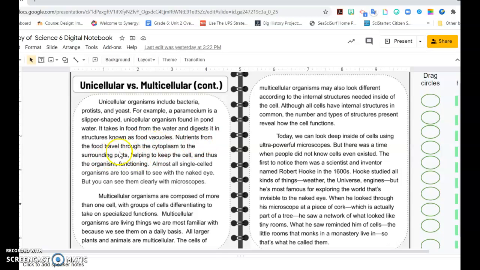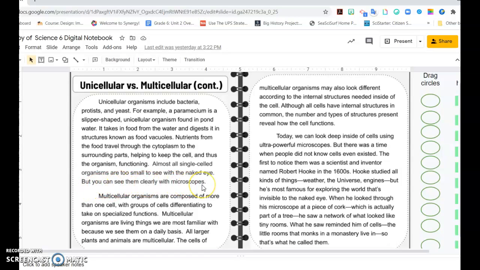Nutrients from the food travel through the cytoplasm to the surrounding parts, helping to keep the cell and thus the organism functioning. Almost all single-celled organisms are too small to see with the naked eye, but you can see them